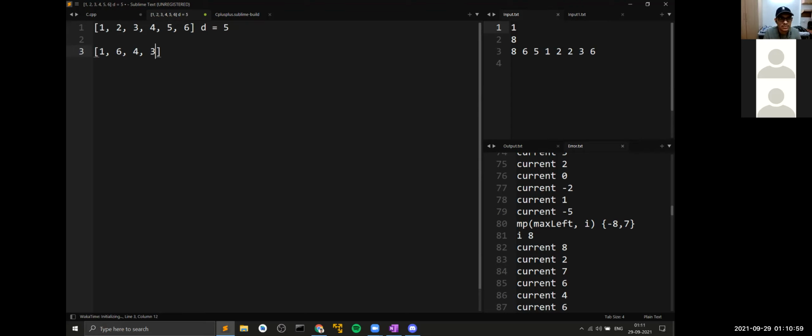Right? Okay. If D equals 5, you go to 1, then 2, 3, 4, 5, 6, fine. Then you go to 1, 2, 3, 4, 5. This should have been 5. Then you go to 4, then 3, then 2. So can you see in this example, all of these elements are getting paired up? I mean, all of these elements are coming into a single group. So it is very important to group these elements.